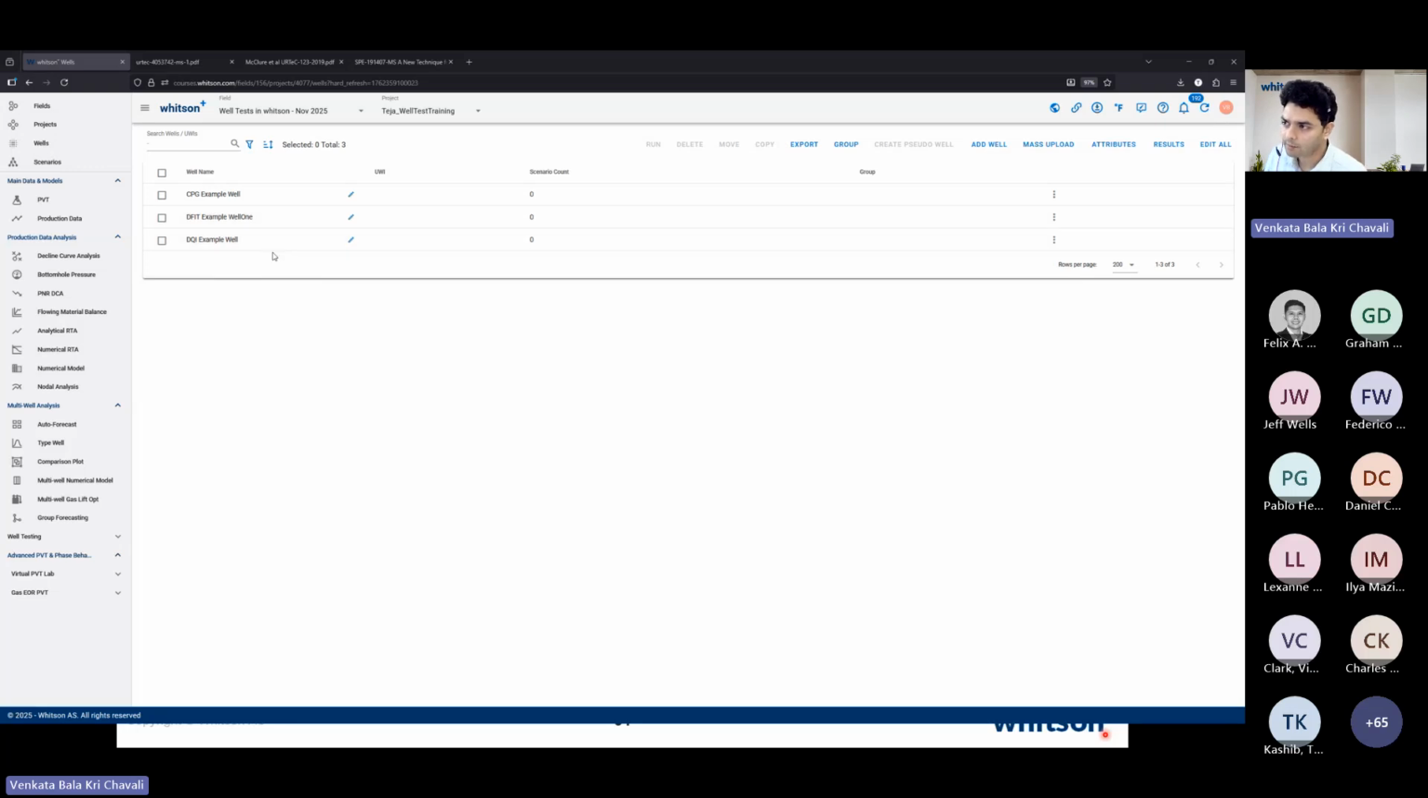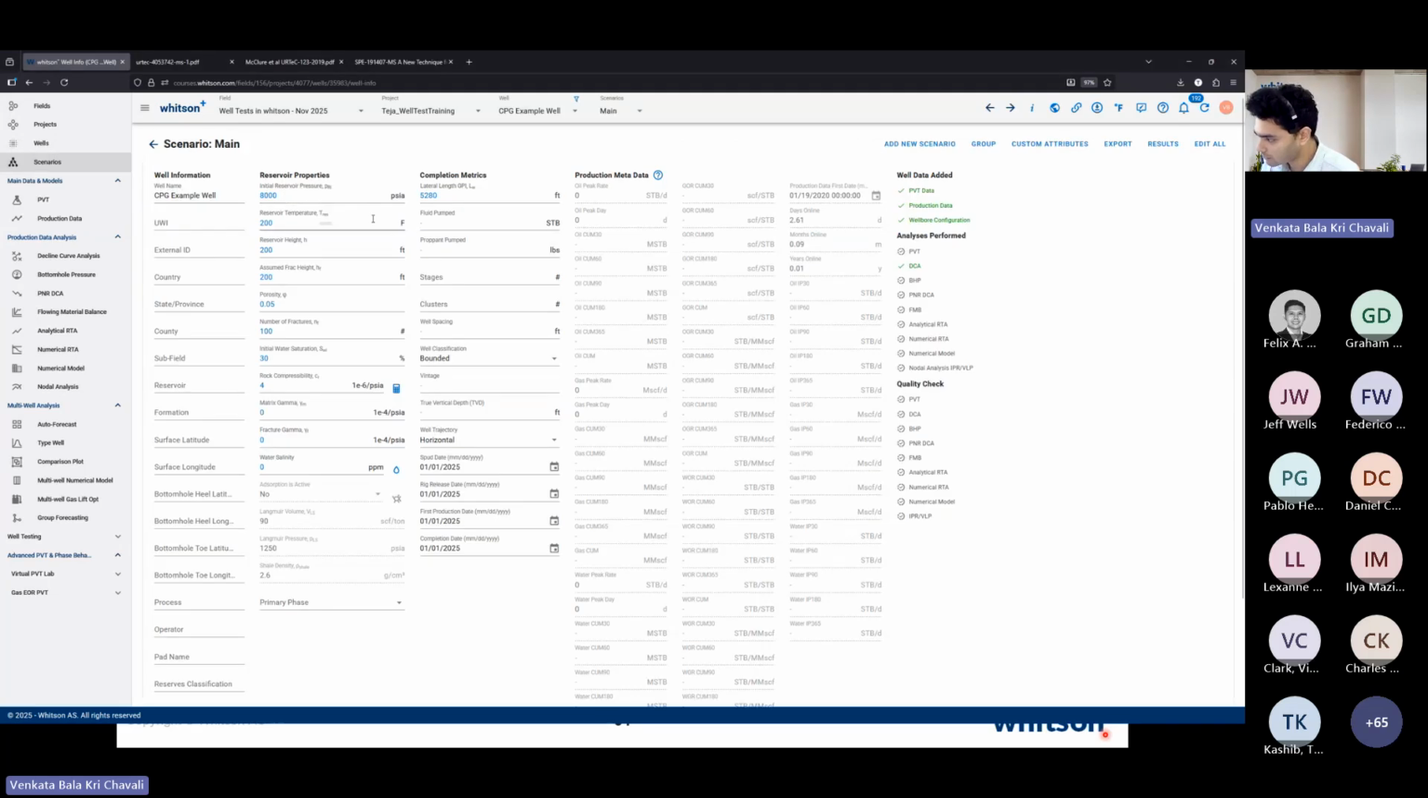But anything beyond that might be more than you need. All right, I'll jump straight into CPG. I know we lost some time earlier today, but looking at the CPG, well, this is that scenarios page